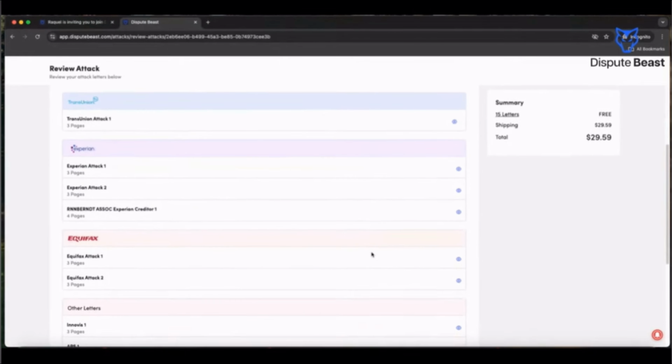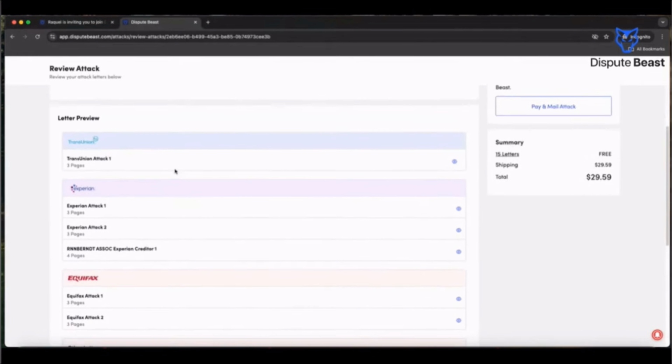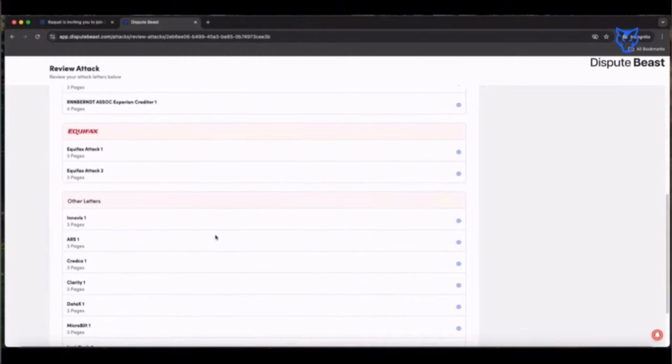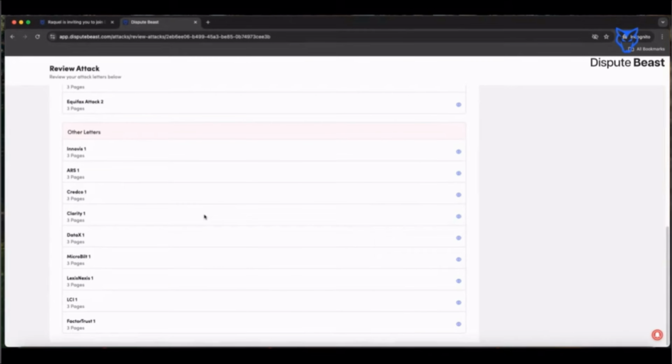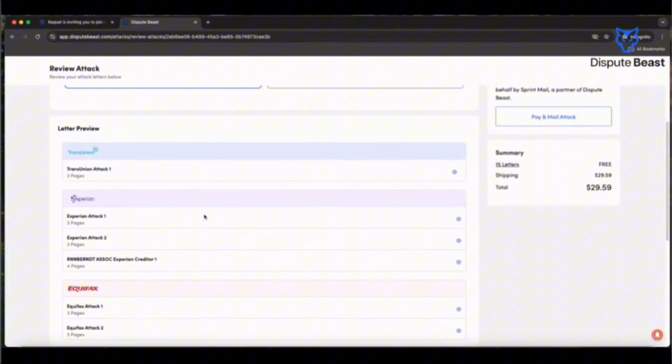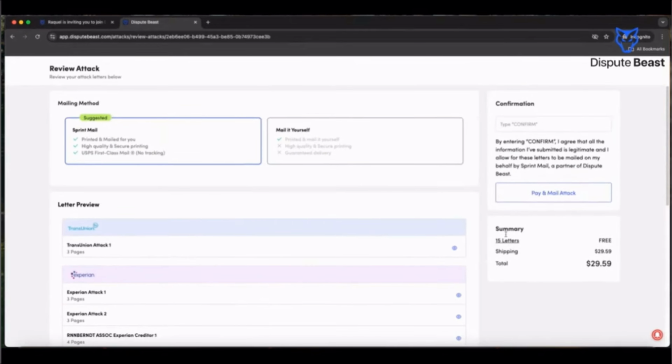It goes ahead and generates the letters that are supposed to go not only to the credit reporting agencies, the big 3, but also to the secondary agencies that house your information. With that being said, this dollar amount that you see over on the side is for the system to mail your letters out for you. So instead of you keeping your paper on deck and ink on deck, you can actually have the system mail it out. It's going to cost you $29.59. So if you want the system to mail it out, you just simply go over here, you type in confirm,